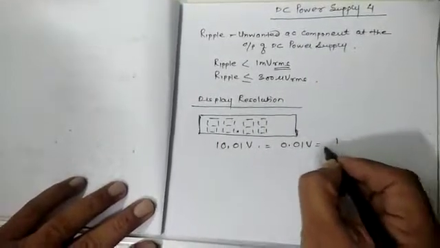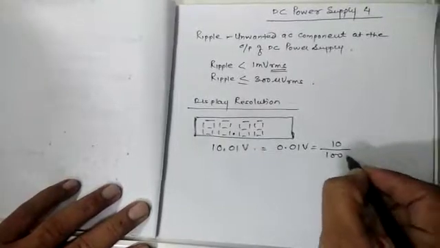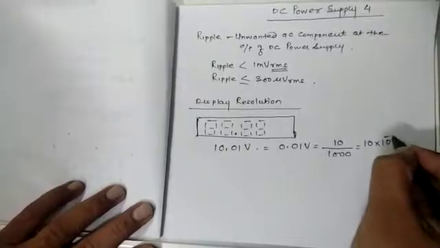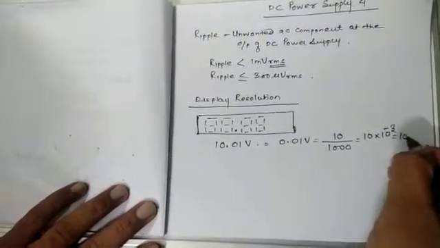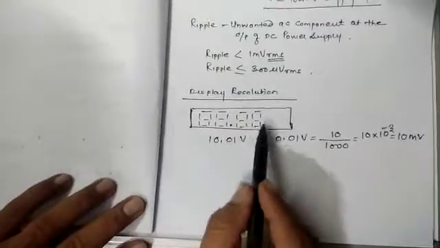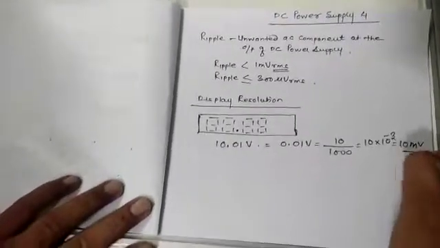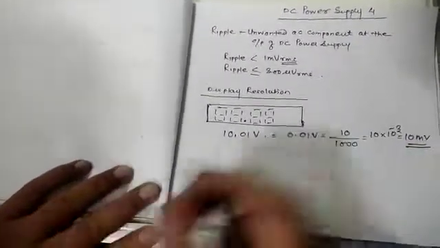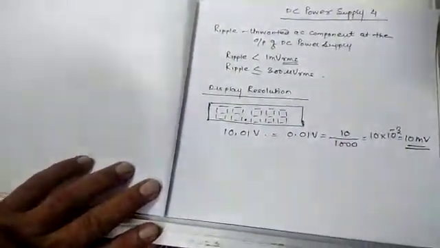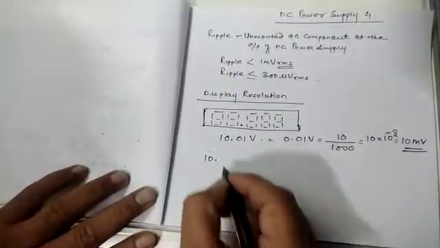That means it is 1 divided by 100. I multiply by 10 and divide by 10, so it becomes 10 into 10 raised to the power minus 3, which equals 10 millivolts. So I can say that a power supply with this kind of display has 10 millivolts as its display resolution. If I add one more digit after the decimal,